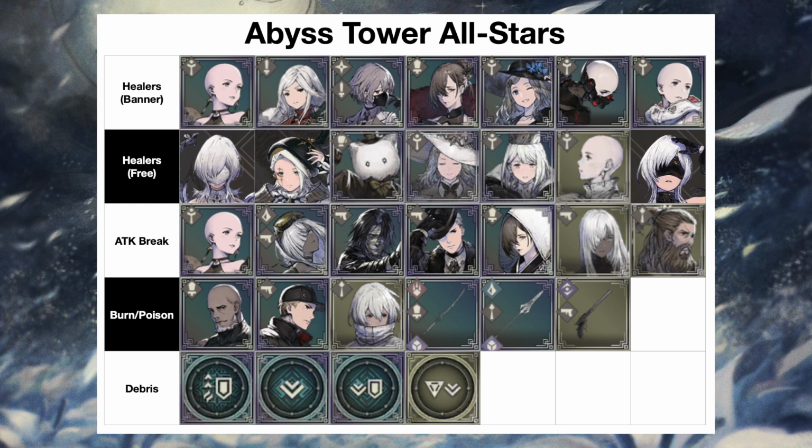And then all the rest, Celebratory Griff, Abstract Akeha, and then a 3-star Yuri or Argo. They have attack breaks only, often for lower percentages, but still very usable. Okay, and then 4th row,